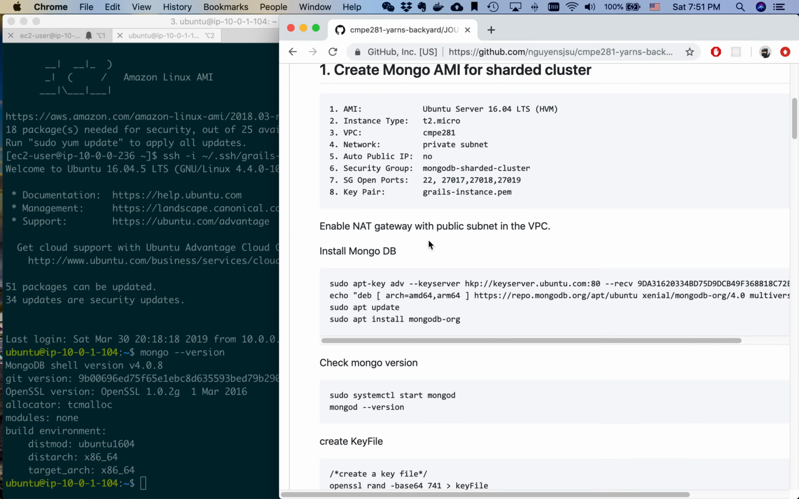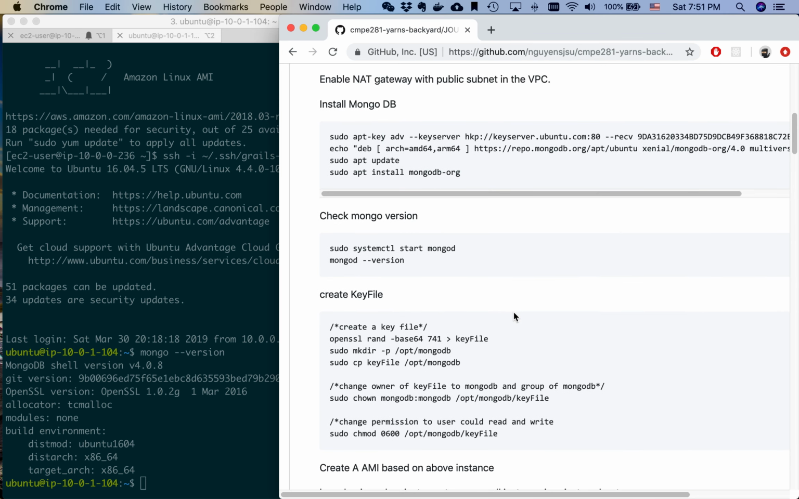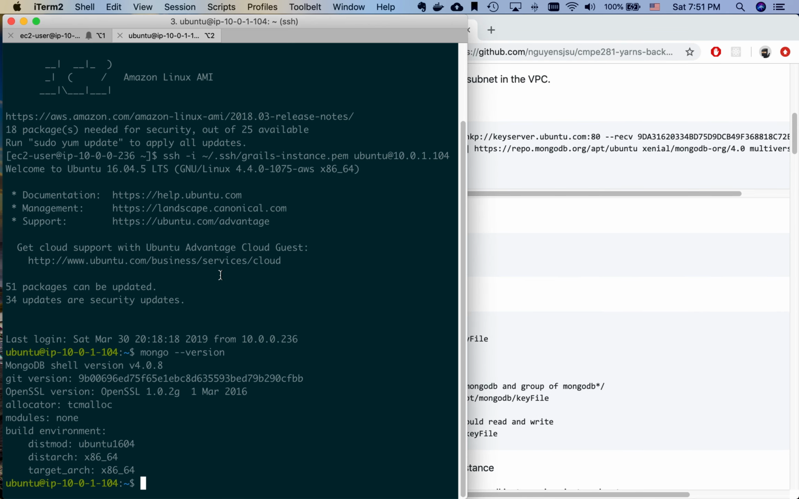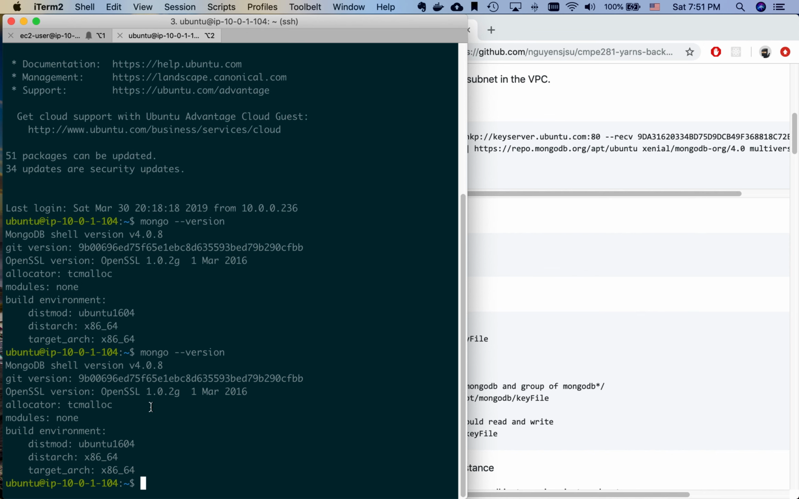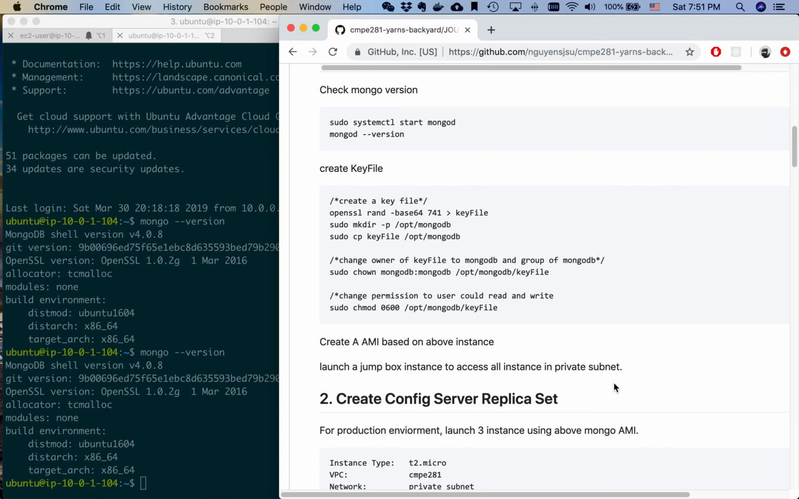Once I log into this instance, I install MongoDB, version 4.0, and check the version. So we have this 4.0 Mongo installed, and I create a key file, which is required for all the 4.0 MongoDB clusters. And I put it in this